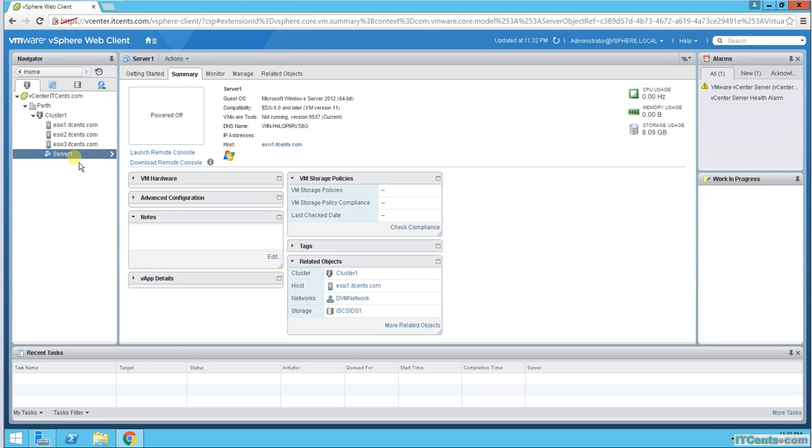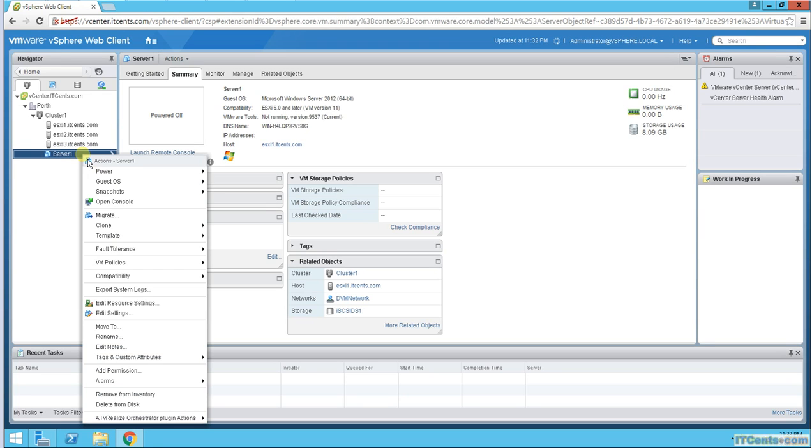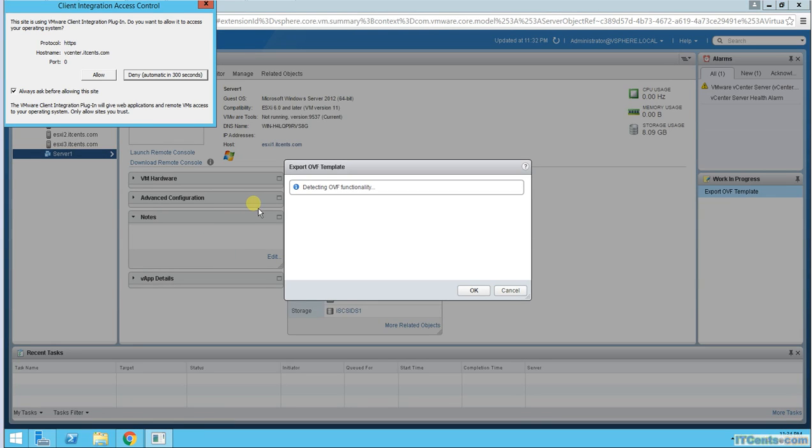And now we have the server here. What I would like to do is right click the server and say Template and Convert to Template. So if I do this option, Convert to Template, what will happen? Or Export OVF Template. Well, those are two different things. Convert to Template would automatically convert it to a template. If I say Export OVF Template,